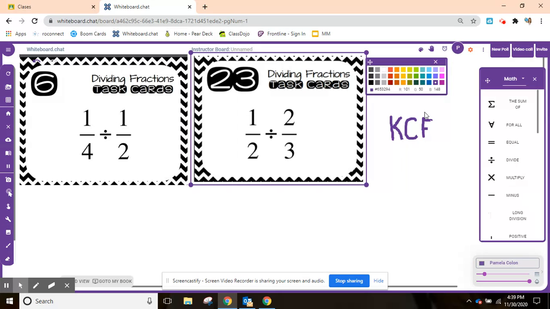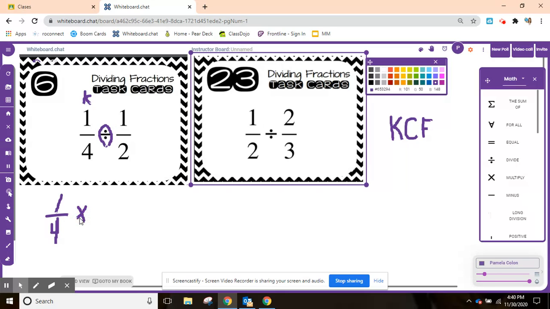So I'm going to show you guys in these 2 problems. First, let me start with this one. This is 1/4 divided by 1/2. The first thing I'm going to do is, we keep the first fraction the same. And I'm going to rewrite it so that way when I'm solving it, I don't get confused. So I'm writing 1/4, 1/4. I did not change a thing. I kept it. My division sign turns into multiplication